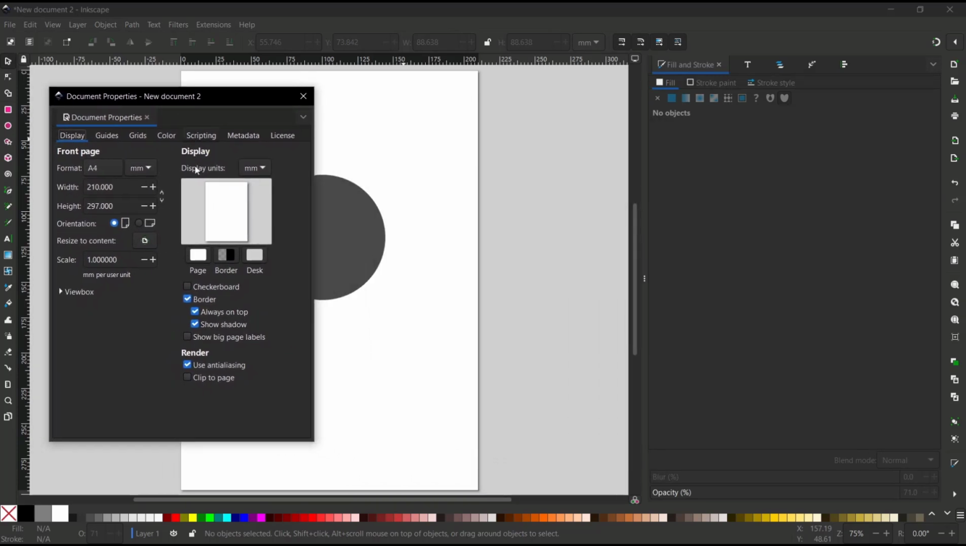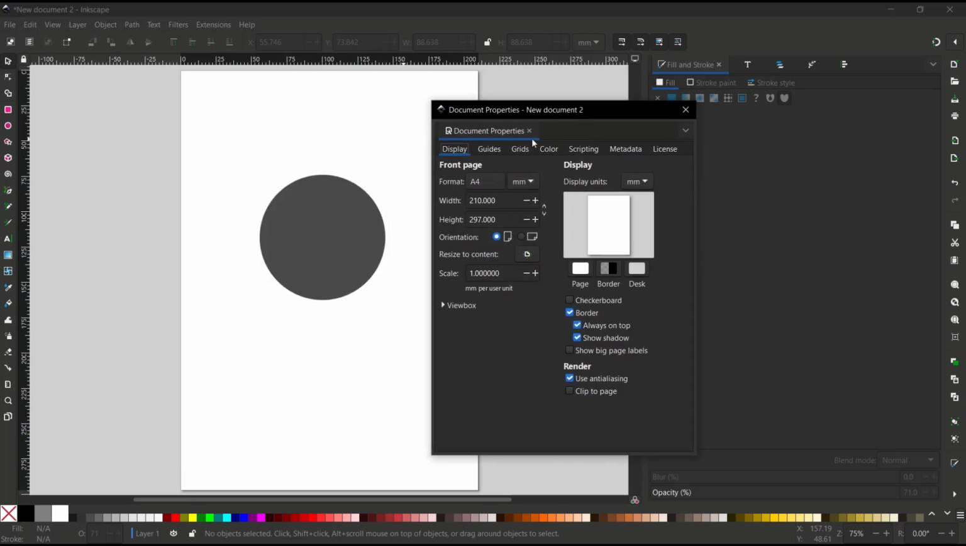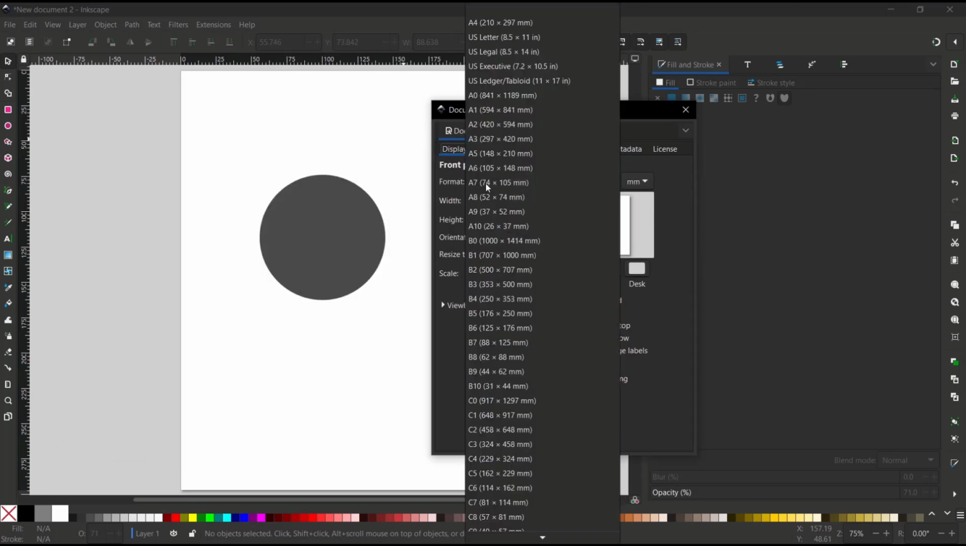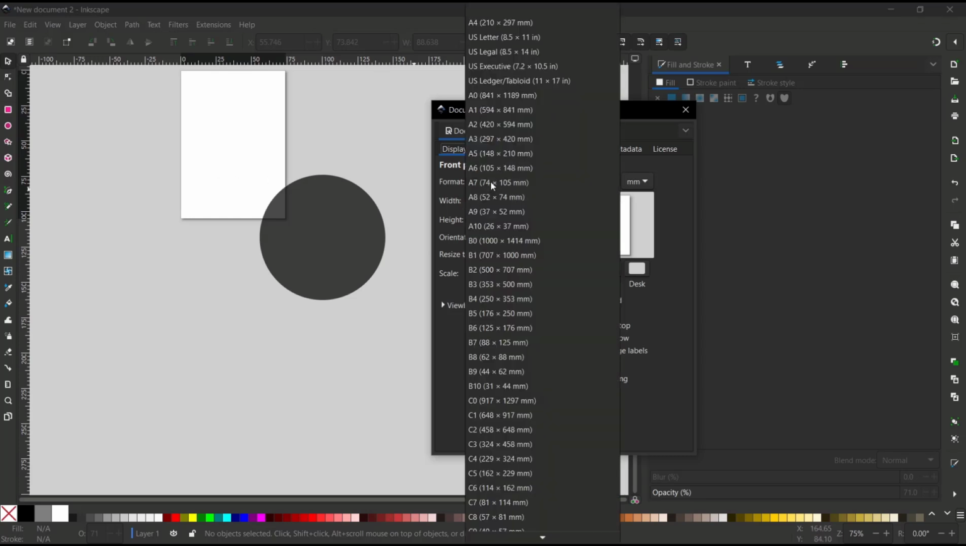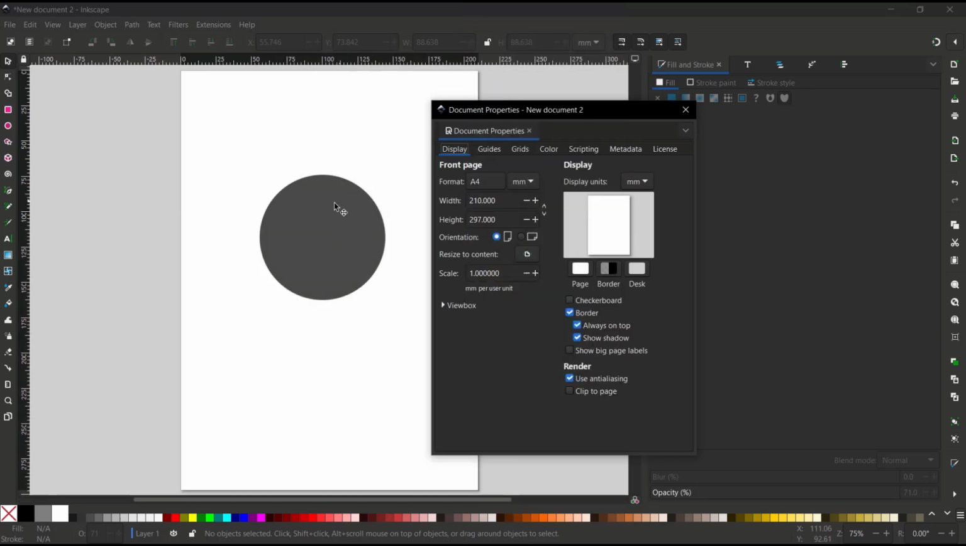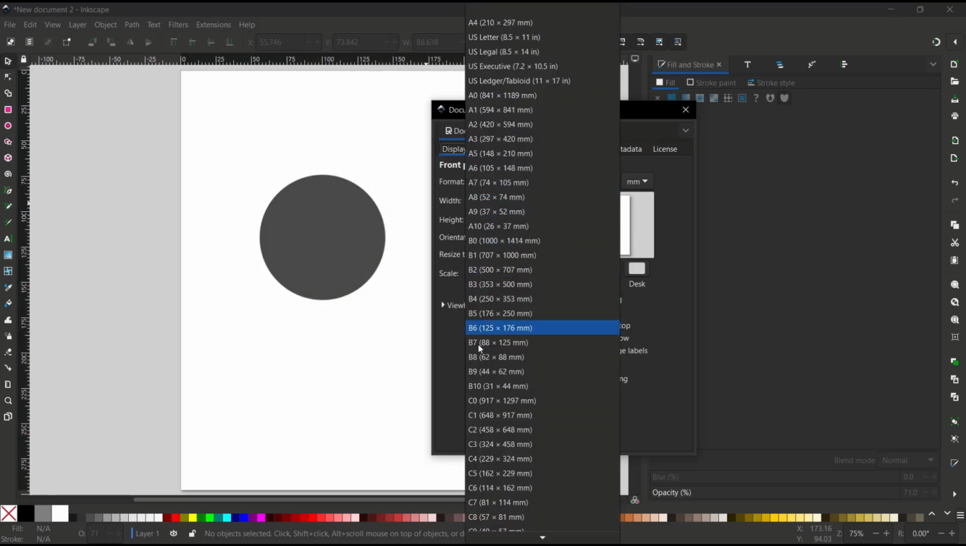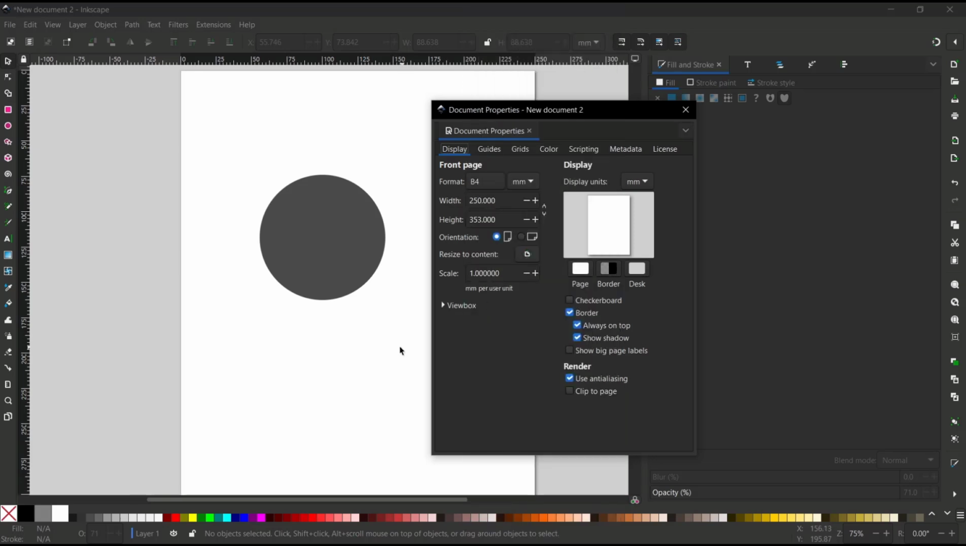Now if you want to change this page size, you can click at this Format tool, like you can set it to A7. The page will automatically become smaller, so you can increase it again with these tools. The default is A4 paper size, and you can also change it to B4, or you can set